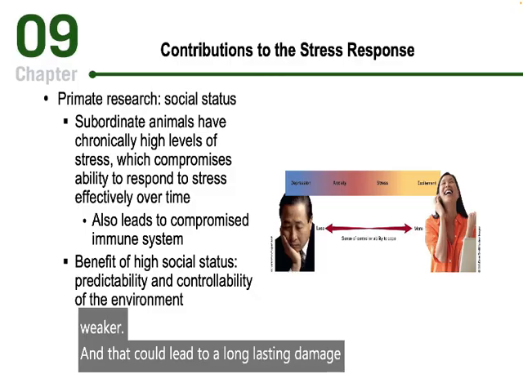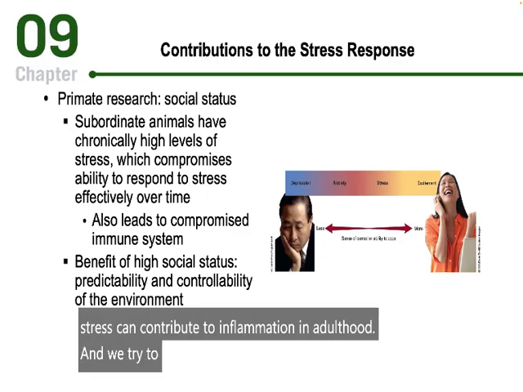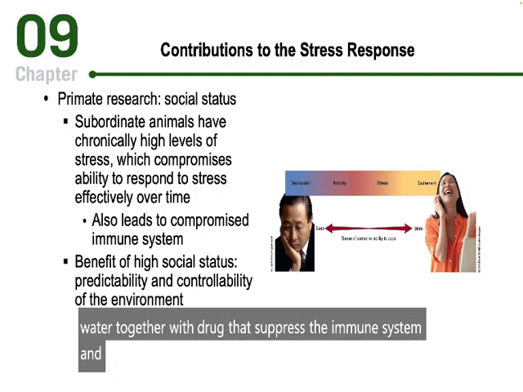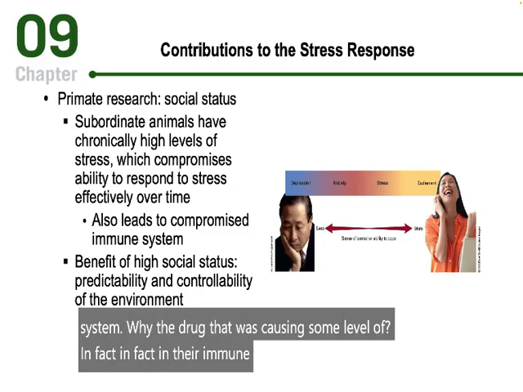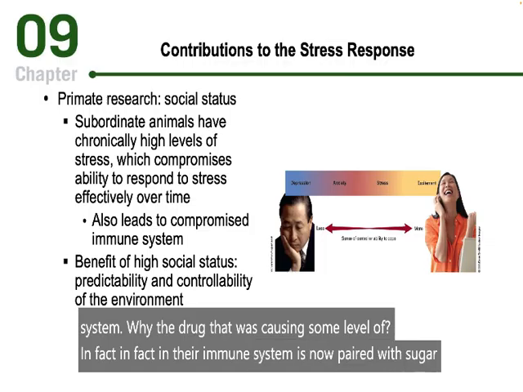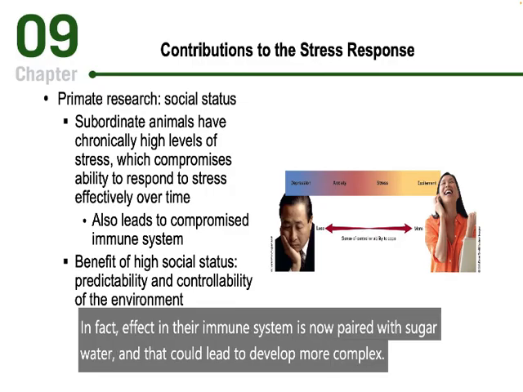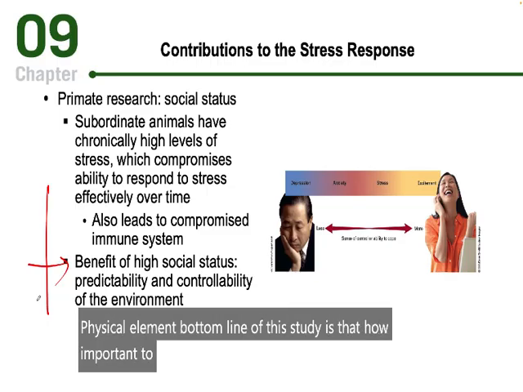And early life stress can contribute to inflammation in adulthood. We can see that in some examples, like rats given sugar water together with a drug that suppresses the immune system, and later this sugar water alone can suppress their immune system. Why? The drug that was causing some level of effect in their immune system is now paired with sugar water, and that could lead to more complex physical ailments. Now, the bottom line of this study is how important it is to have predictability and controllability of our environment